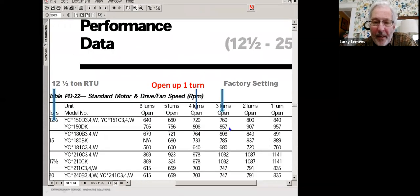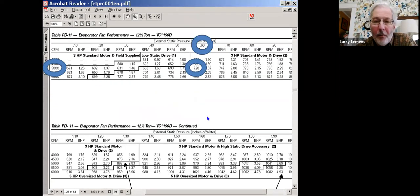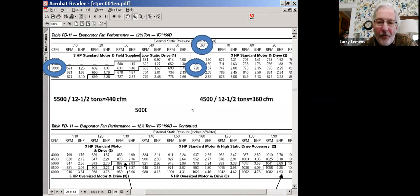So if I take that pulley and I open it up one full turn, now I'm at 720 RPM on the blower. And if you go back to the curve at a 0.6 static and look at 720 RPM, now I'm moving 5,000 CFM. So at 5,000 CFM, I'm at 400 CFM per ton,